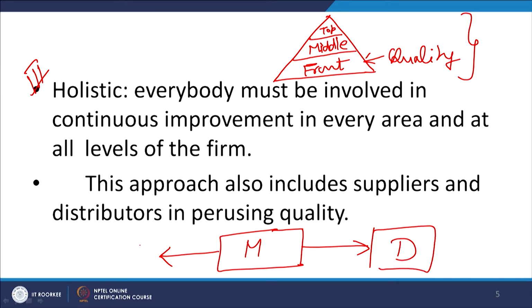These are my distributors and these are my suppliers. So, I want to include my suppliers as well as my distributors in understanding my commitment towards quality. So, I am not limited to my organization, it is not intra-organization holisticness, rather it is inter-organization holisticness. So, that is the overall approach, that is the overall idea of this quality trilogy, where we have three different